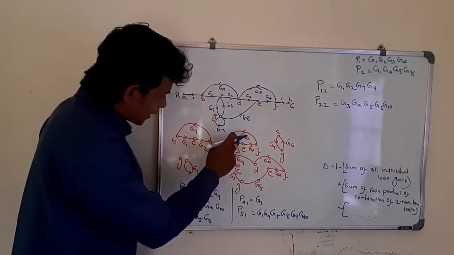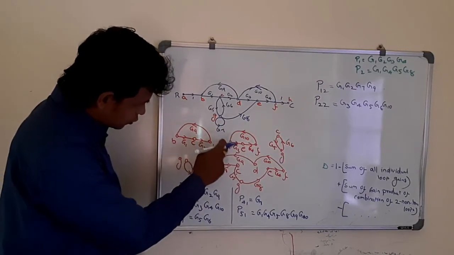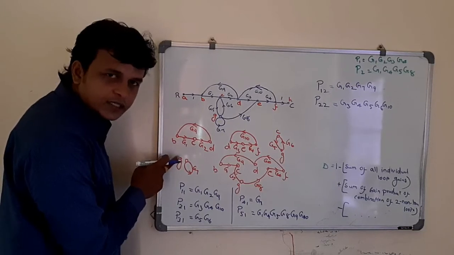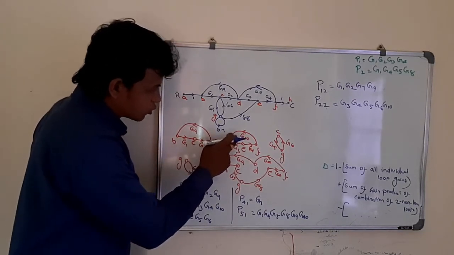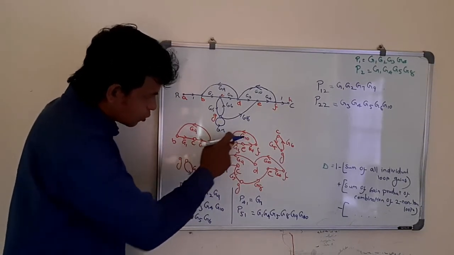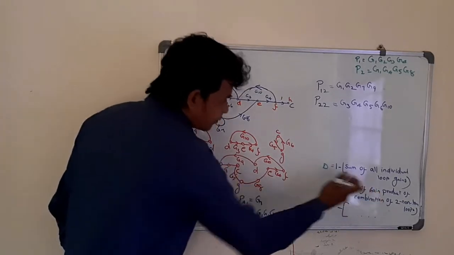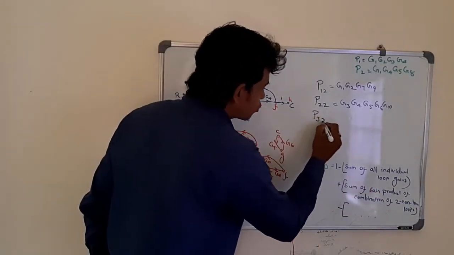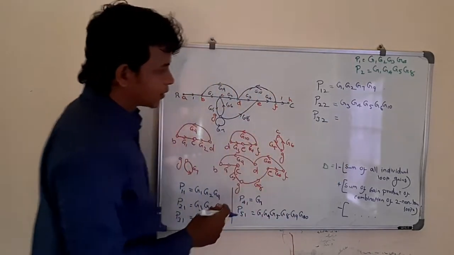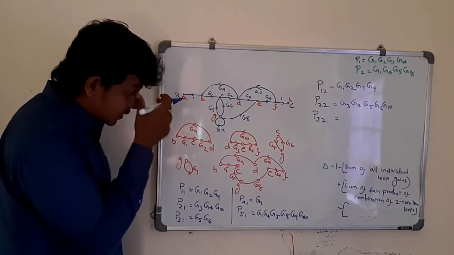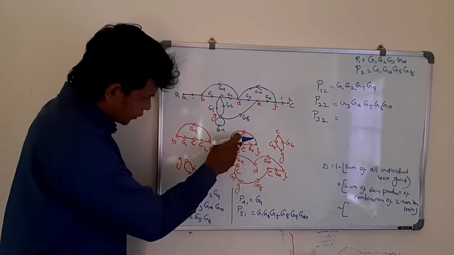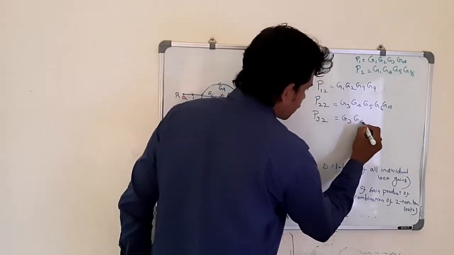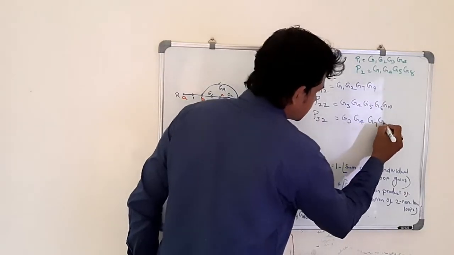Next, we are going to compare this loop with this loop. Are they non-touching loops? Yes, they do not have any node in common. The only node present here is node G, and that node G is not present here. So these two loops are non-touching loops. The gain product of this one becomes the third combination of two non-touching loops, and that is G3 into G4 into G10 into G7. So G3, G4, G7, G10.